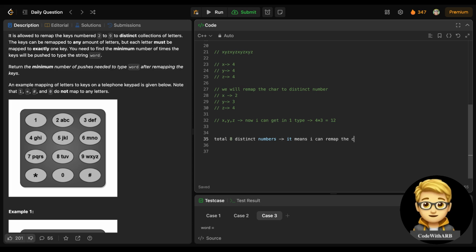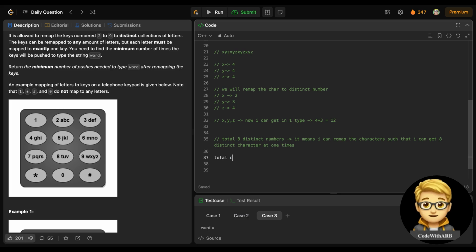remap the characters such that I can get 8 distinct characters at one time, right? That for sure. So this question now becomes simple: I will check the total characters in the alphabet,